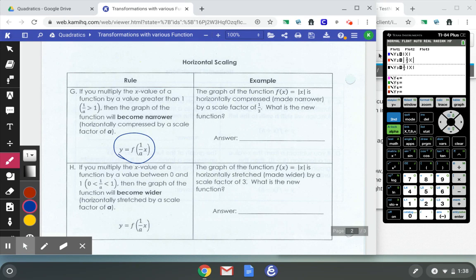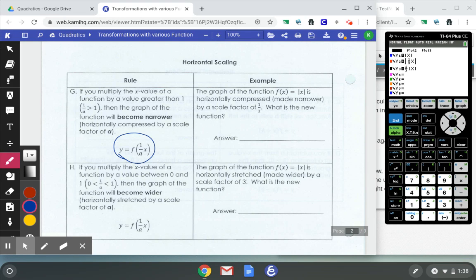If I multiply by 1 over a, where the actual value of 1 over a is greater than 1, let's do the absolute value. Let's do 3x. And then my other equation, that the 1 over a